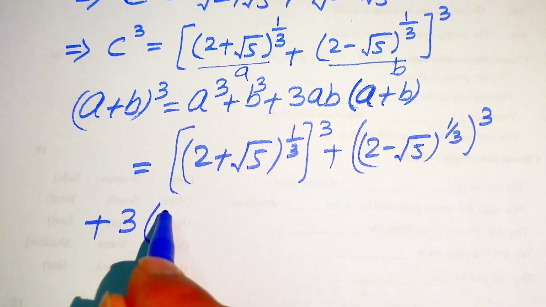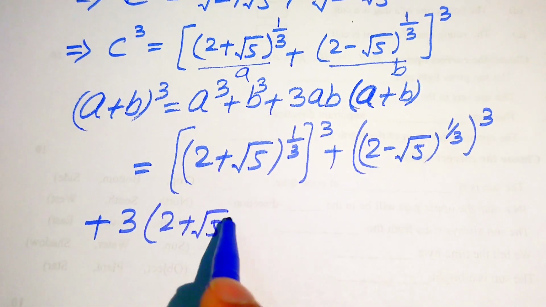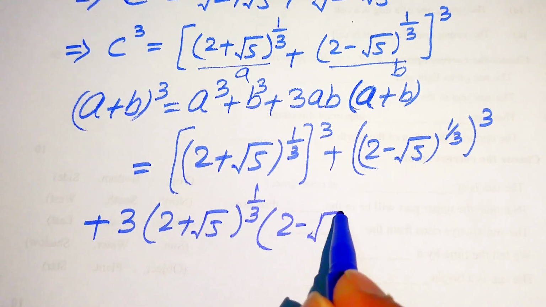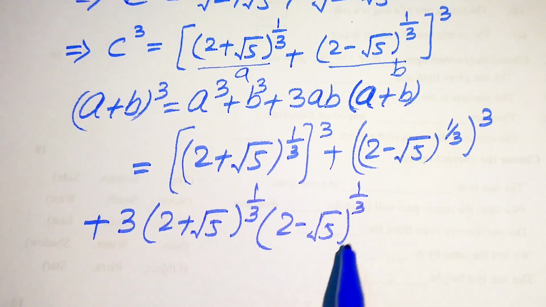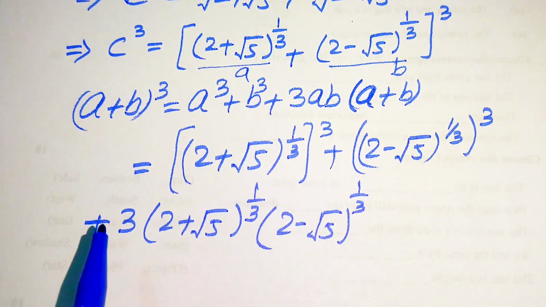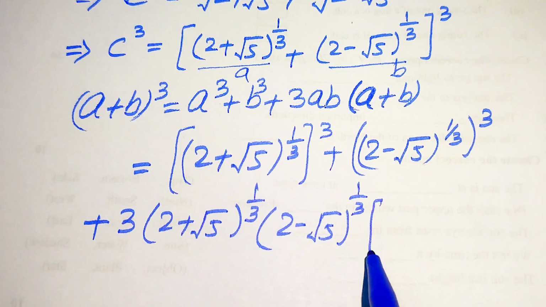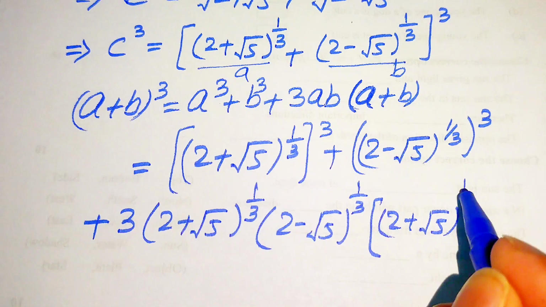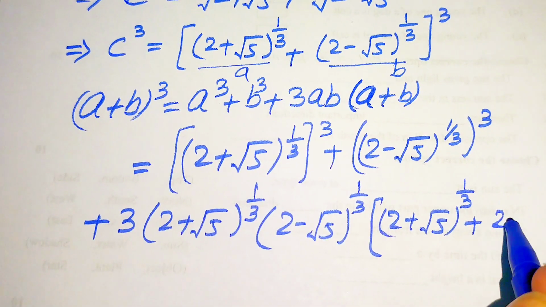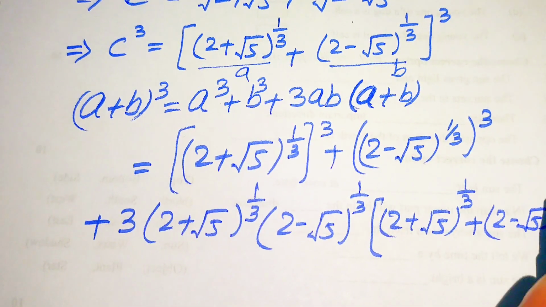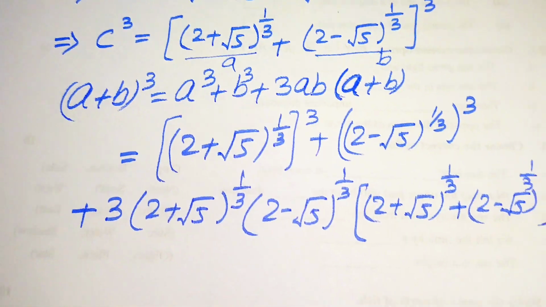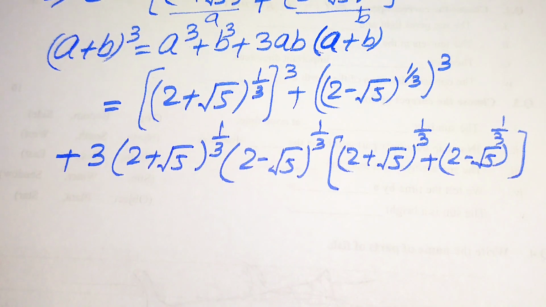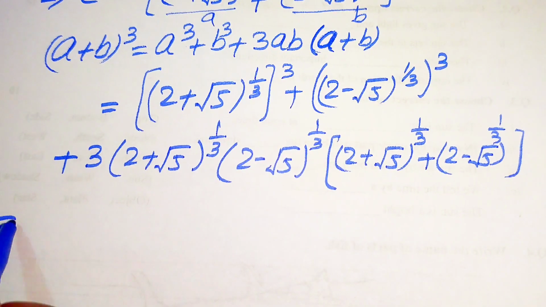So here our a is 2 plus square root of 5 and its exponent 1 over 3, into b is 2 minus square root of 5 and its exponent is 1 over 3. This is a cube plus b cube plus 3 times of ab into a plus b. So here our a is 2 plus square root of 5 and its exponent is 1 over 3, plus b is 2 minus square root of 5 and its exponent is 1 over 3. Okay, so here we can apply just this cubic formula on the right hand side,